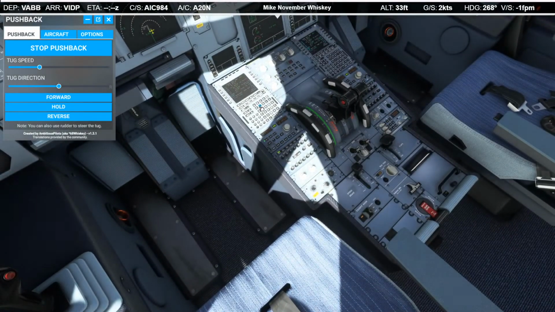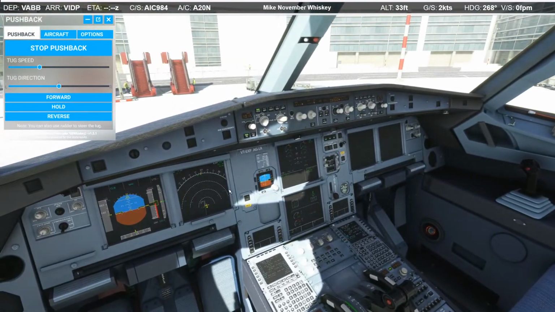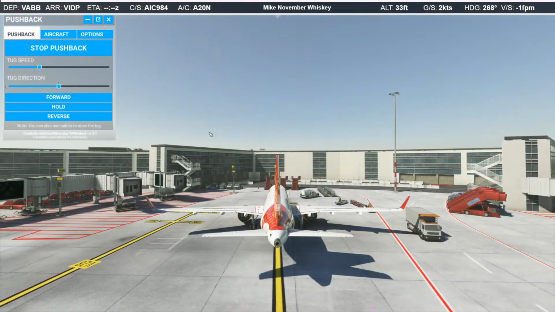All right, so ignition and start. Engine 2 start. Also watch where we're going.